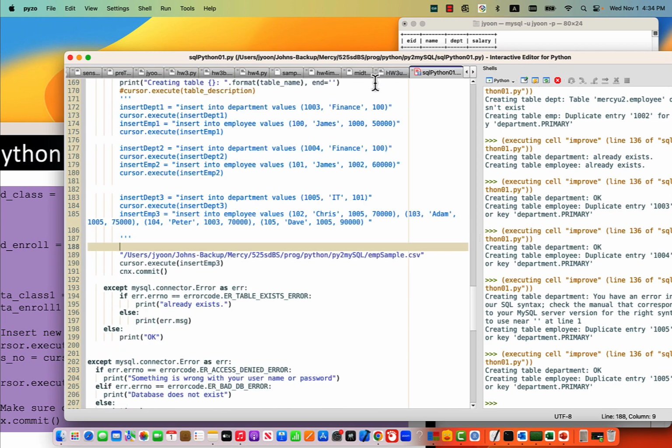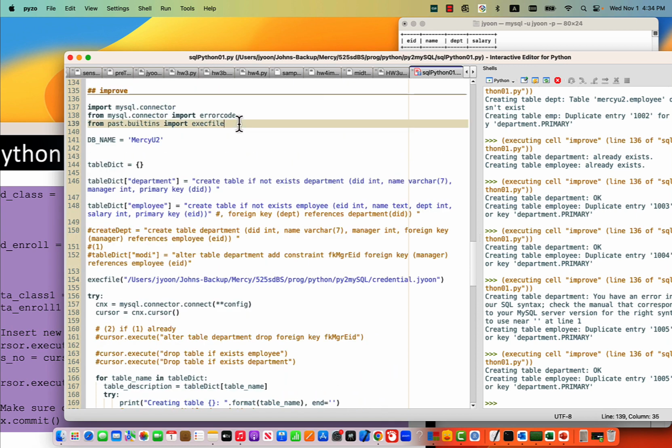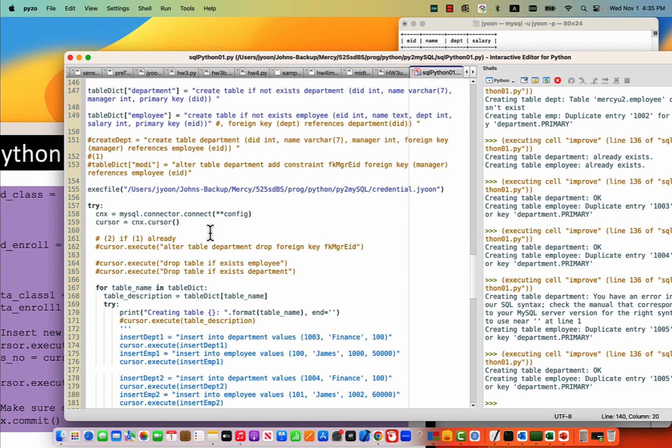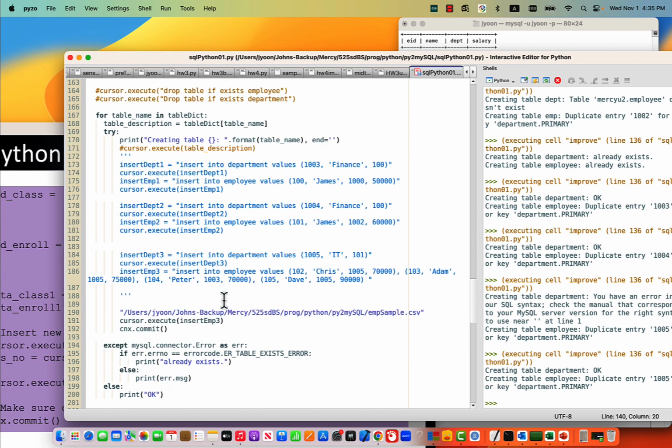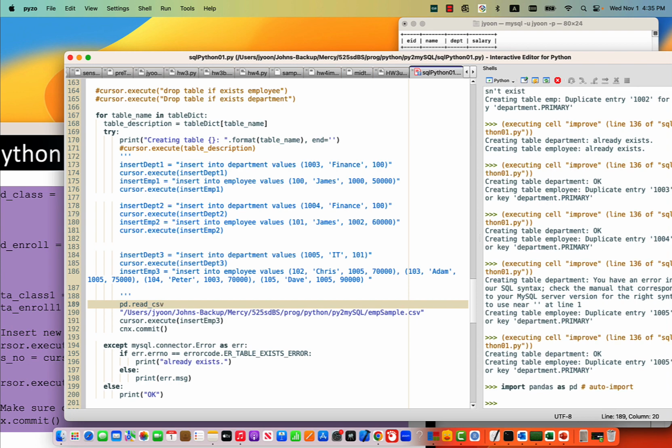So back here, receive this Pandas. So import Pandas, and when it comes to here, Pandas dot read underscore CSV. I think it should. Is it possible? pd dot read CSV. Yeah, that is possible. So I want to read